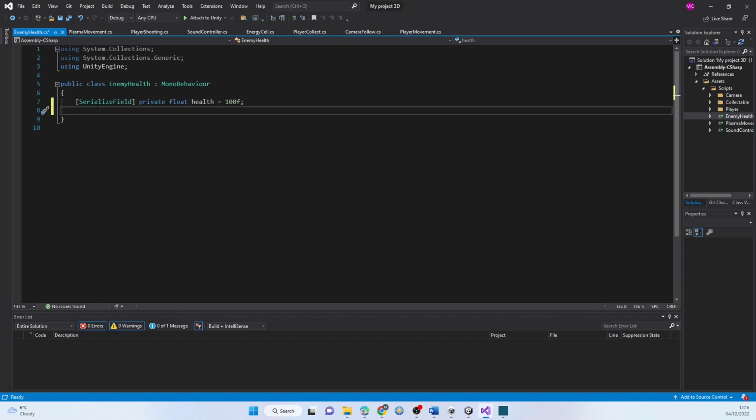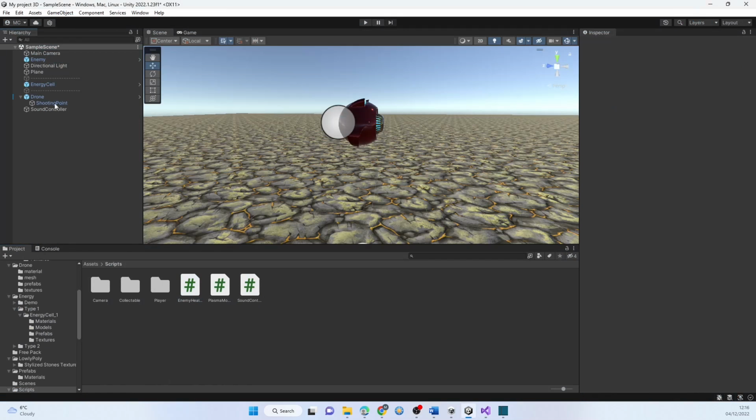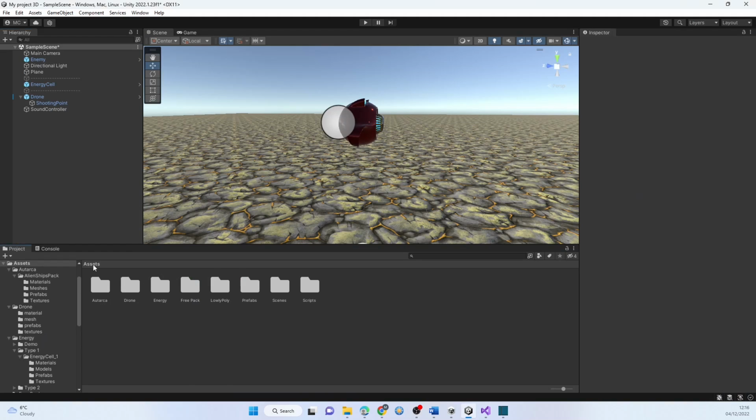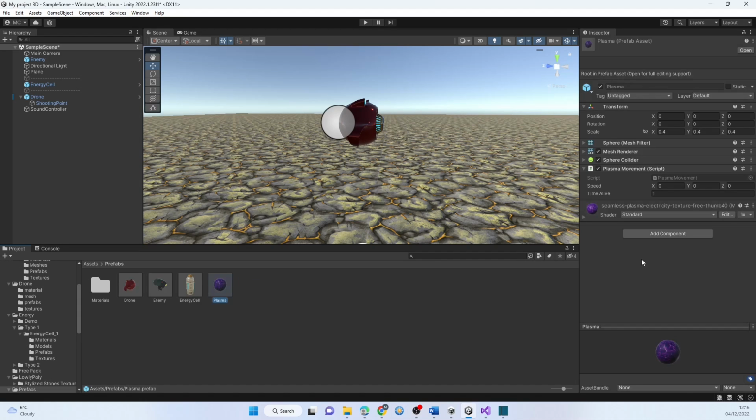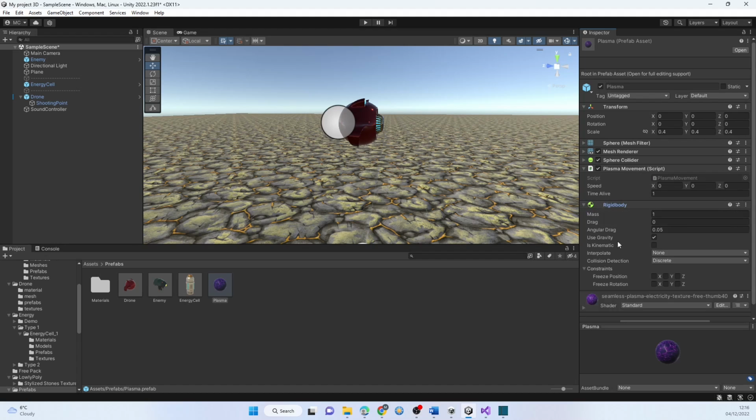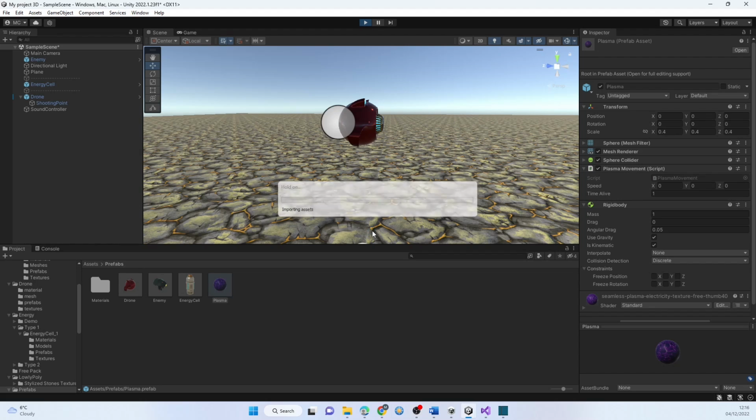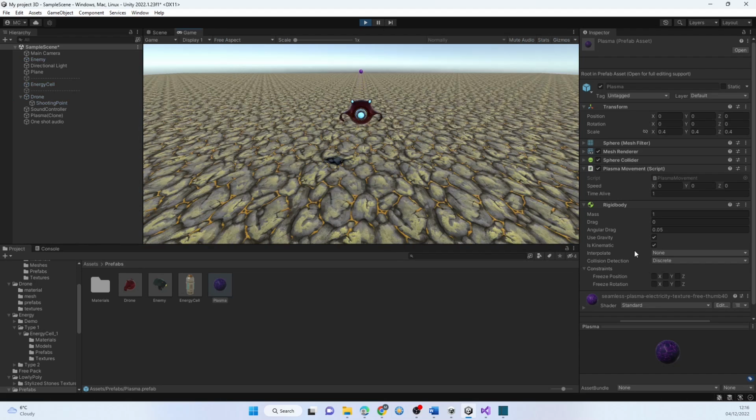Right. So we're going to check if something has hit us. Because we have to check if something hit us, we need to give the plasmas a rigid body, because one of the objects in a collision has to have a rigid body. And seeing as the bullets are going to hit a lot of things, one of them has to have a rigid body. So we're going to give it a rigid body. And then we're going to make it kinematic. Otherwise it will fall to the floor and bounce around, which could be cool. But if we take off kinematic, it'll